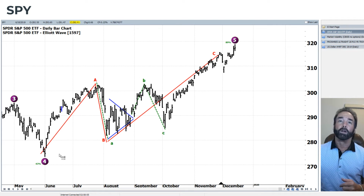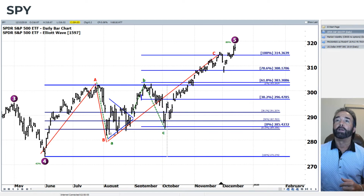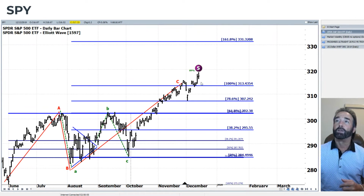I've showed you this before, but let's revisit it here with the zigzag and where we could potentially go from here. In the last recording, we talked about how we'd come down to that 78.6% fib level, and was that going to be enough to follow the rules of testing the previous fib level before going to the next one? And at least to this point, it looks like it may be, because we moved up, came down, hit that 78.6% level right on the low, and have moved higher and had 2 good days on Thursday and Friday to finish the week, and we're well on our way marching towards that